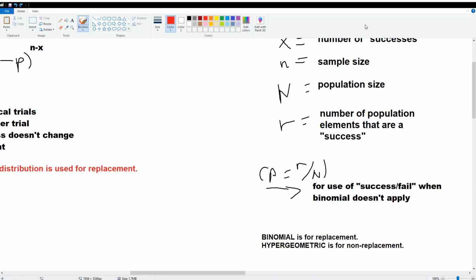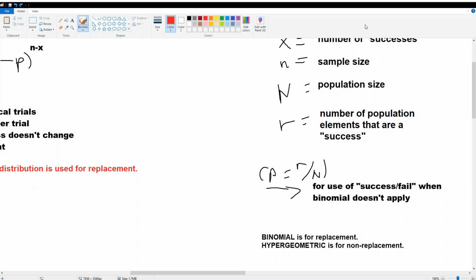Before I show you the horrible, ugly formula, I want to explain what non-replacement means. Let's go back to the example of picking cards out of a deck. Let's suppose you're playing Texas Hold'em Poker. Texas Hold'em Poker, you get two starting cards. You cannot get the Ace of Hearts twice. There's only one Ace of Hearts. If I asked you what are the chances that your starting hand in Texas Hold'em Poker is two aces,